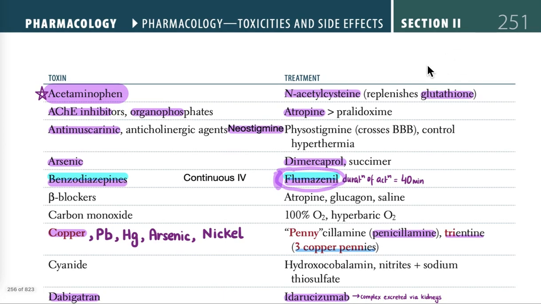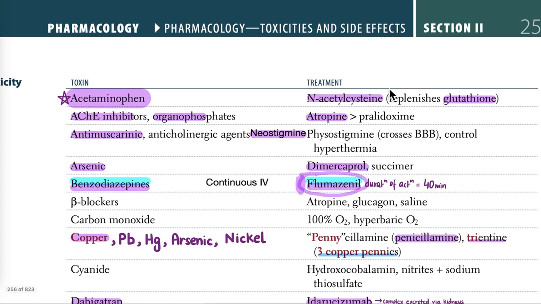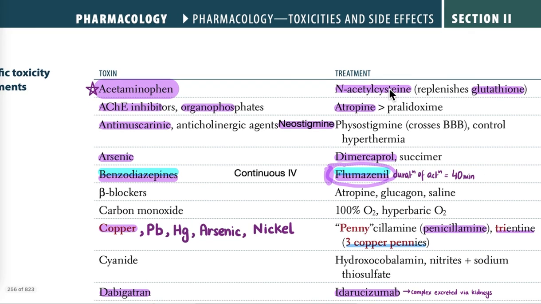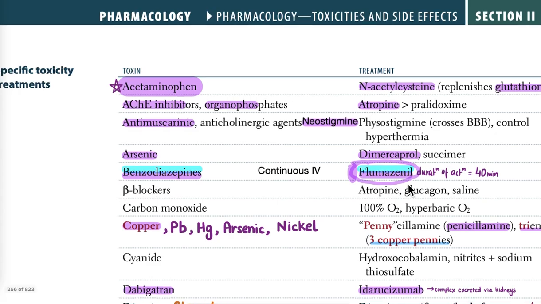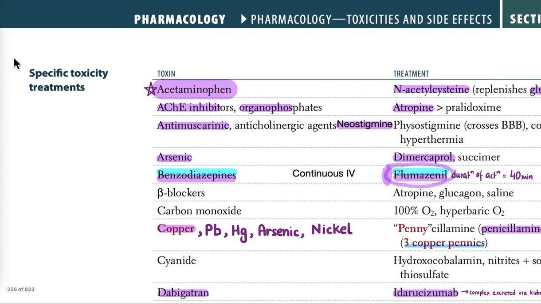First Aid 2021 version. Everything highlighted in purple is basically something that has come in the AIIMS or the INICET examinations, and everything in light blue has come in NEET PG. Now, the first most important thing is that the topic for today is specific toxicity treatments, and this is a